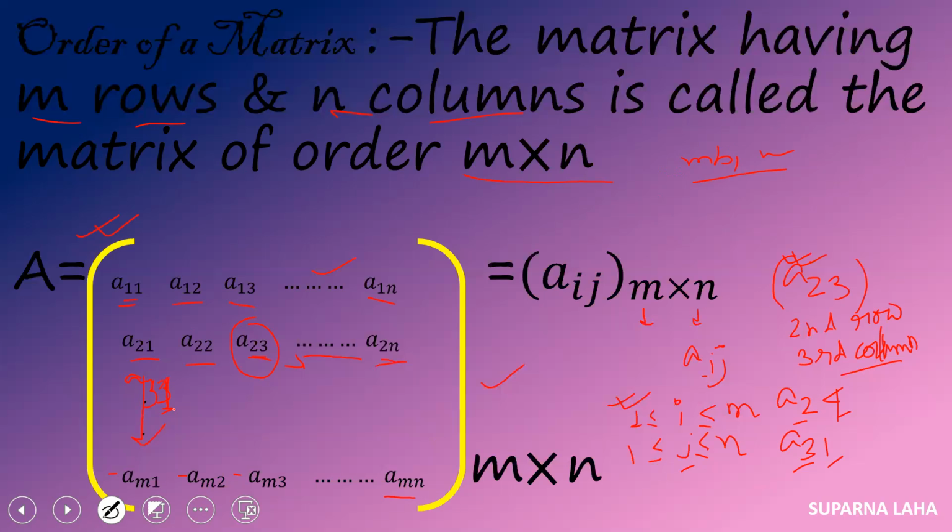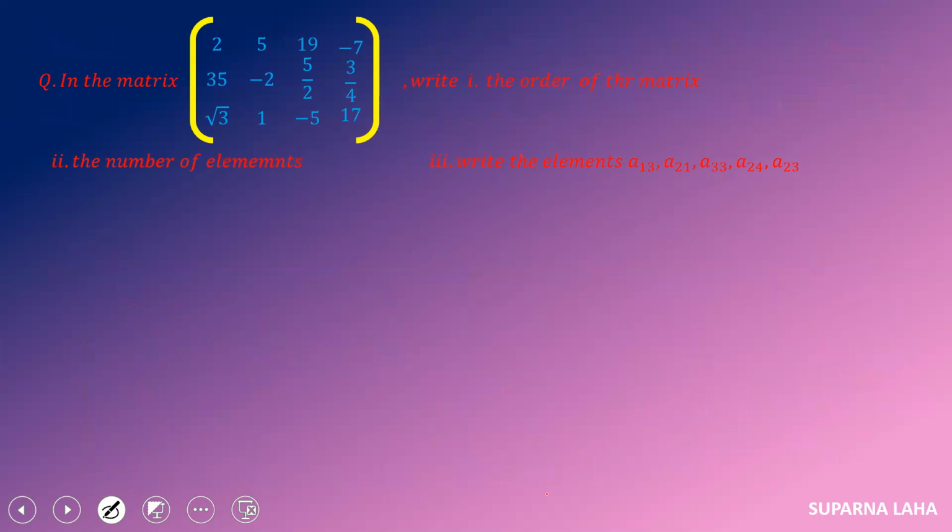Okay, so this is the general representation of a matrix, and this is the general representation of its element, that is Aij form, and it is a matrix of m cross n, since it has m rows and n columns. So let's solve some problems. First, just try to represent the matrix. Just know about the matrix, its element, its representation, its order, and then move to the next part, that is types of matrices and some problems from the matrices.